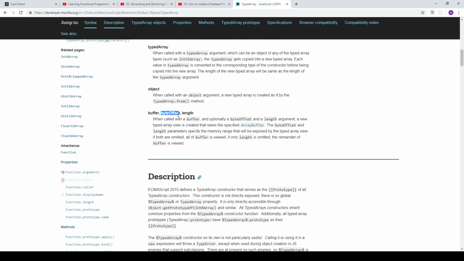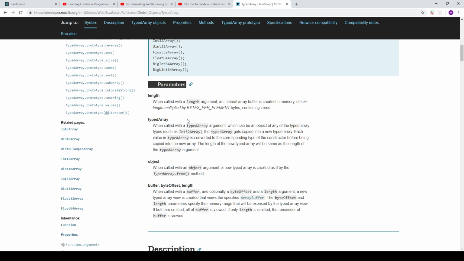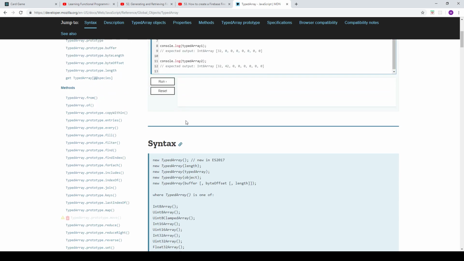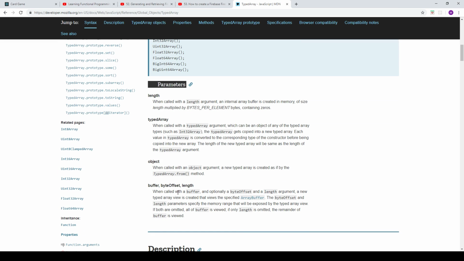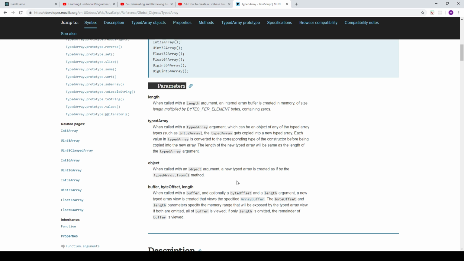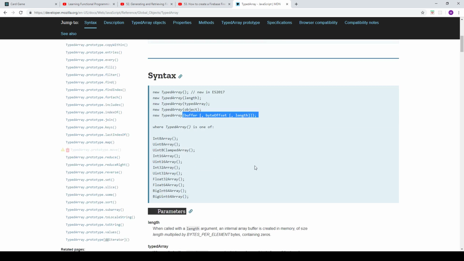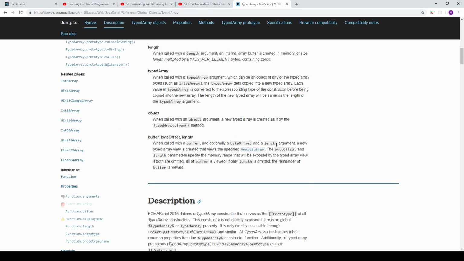Buffer, byte offset. So this is what I could use to make it more efficient, maybe. When called with a buffer, and optionally a byte offset and length argument, a new typed array view is created that views the specific array buffer. The byte offset and length parameters specify